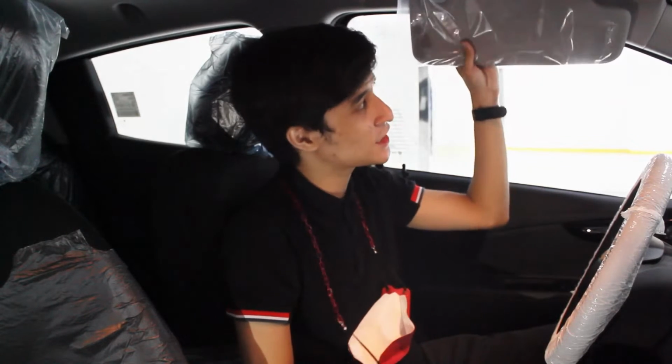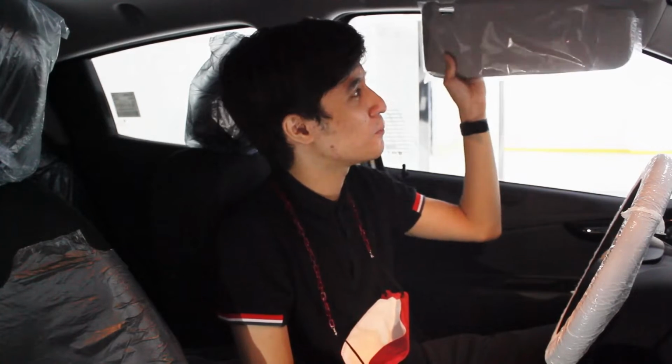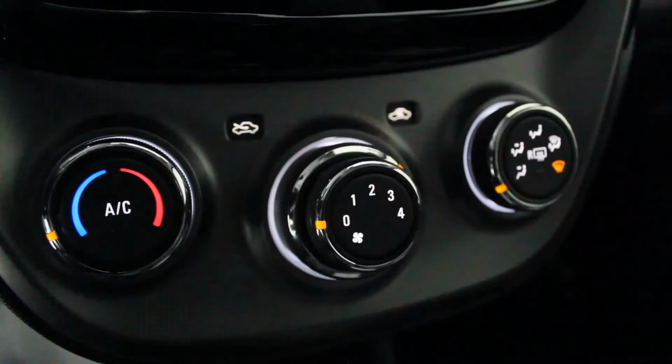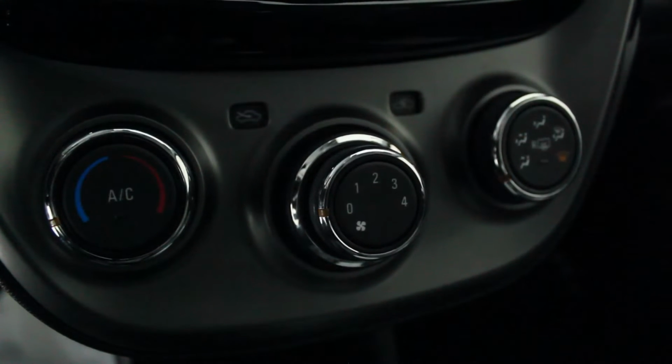Okay, it's a bit thick. I don't know. Okay, just the right amount of thickness for the visor, but it doesn't extend, but it's fine. Also, there's some weight on it when you put out and back the visor. And here in the infotainment system, you have your audio controls, 2 air conditioning vents, and then you have knobs for your climate control. Also, what I noticed as well, when you turn off the lights, they shut off nicely